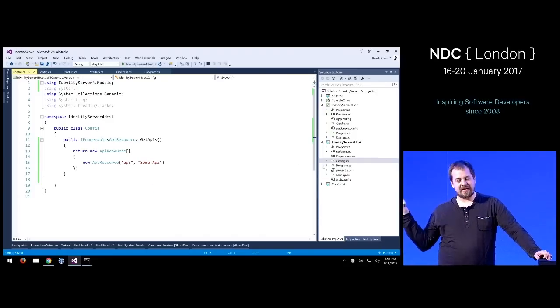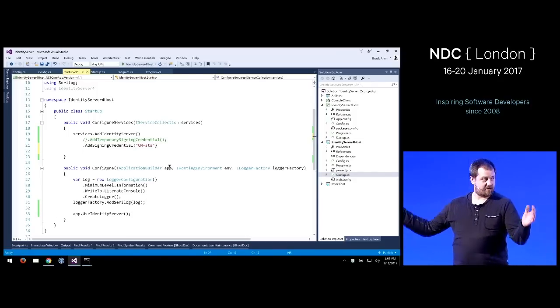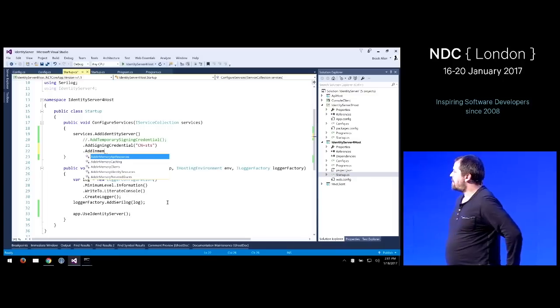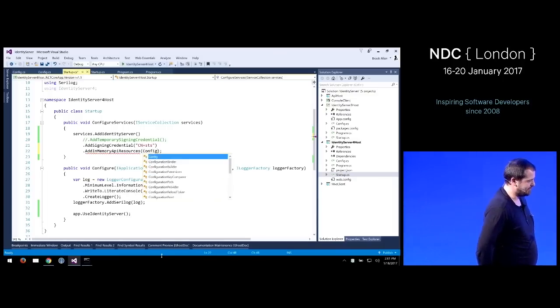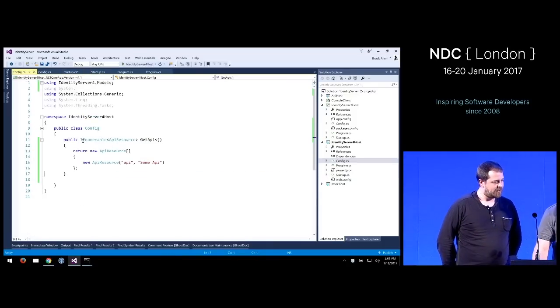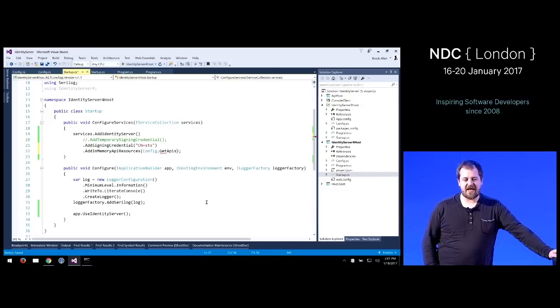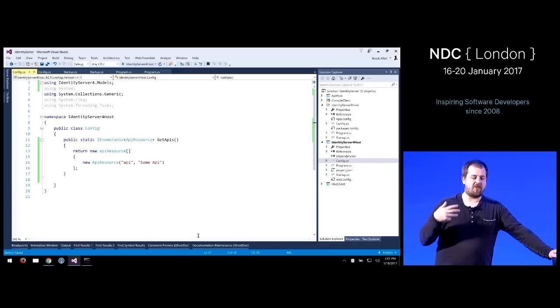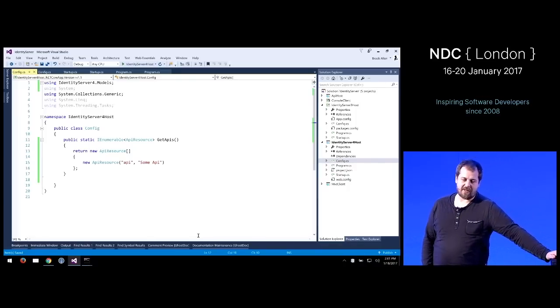Yeah, we have a built-in one which is useful for testing and for development time and for doing demos like this, which is the in-memory API resource store, right? So you just define the APIs you want to protect, you pass them into our configure method, and from that point on, we can now reason about these APIs when somebody asks for tokens for them.